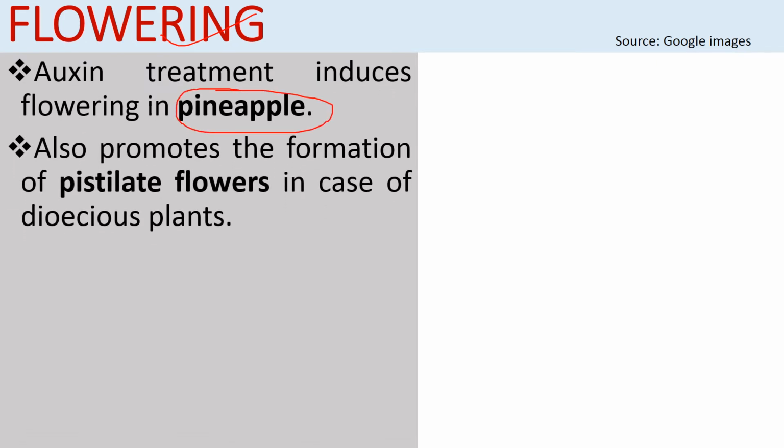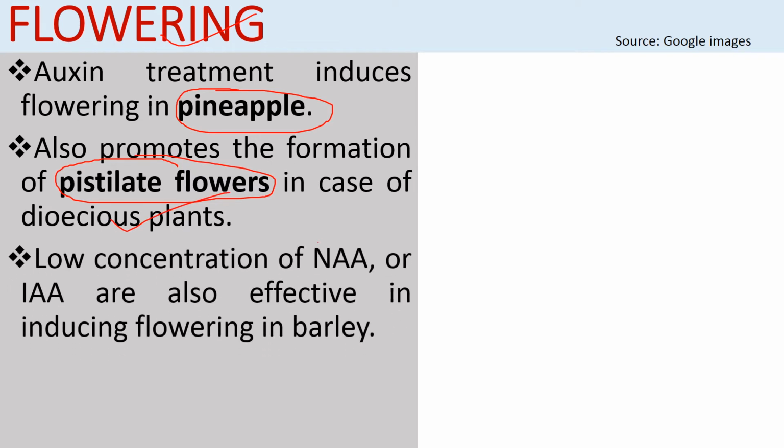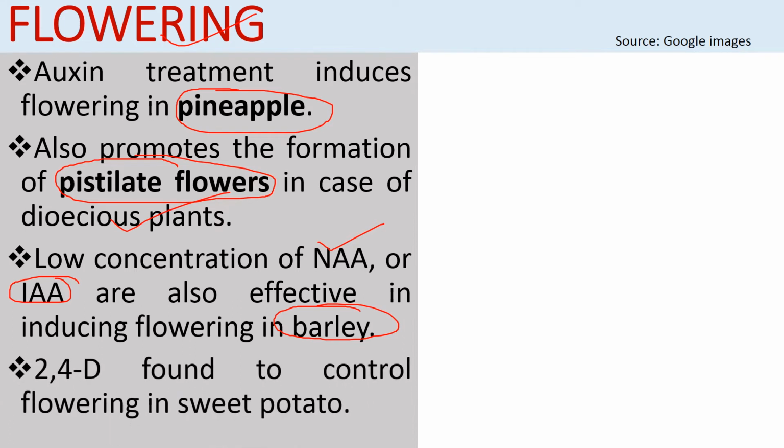Next is flowering. Auxin also plays an important role in inducing flowering. So auxin treatment can induce flowering in plants like pineapple and also promote the formation of female flowers, especially the pistillate flowers in the case of dioecious plants. And a low concentration of NAA, that is naphthalene acetic acid, or indole acetic acid, are also effective in inducing flowering in barley. So in barley, these two chemical substances, hormones, are effective in inducing flowering. While 2,4-D, that is